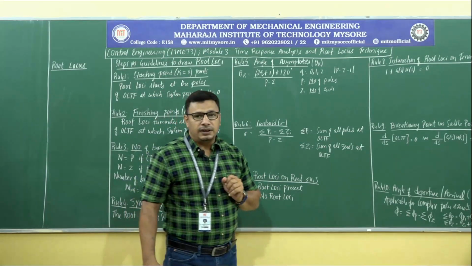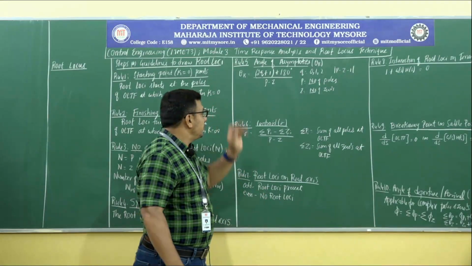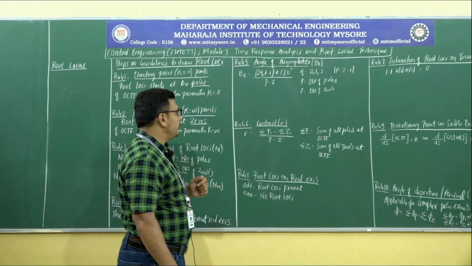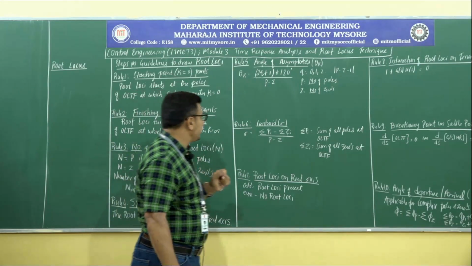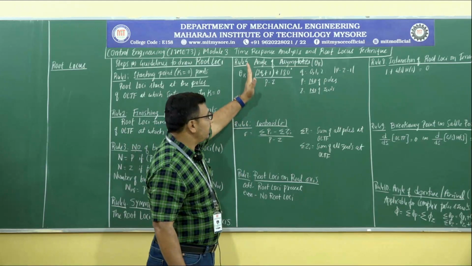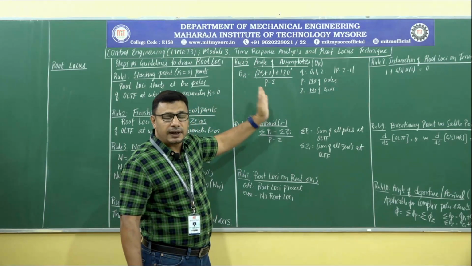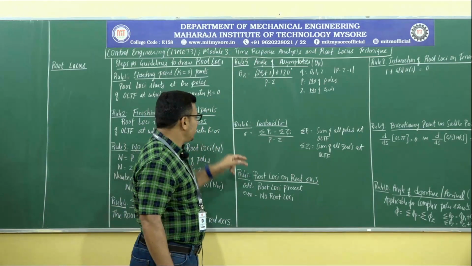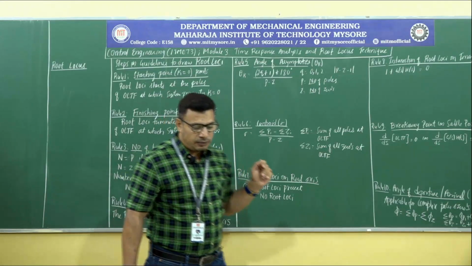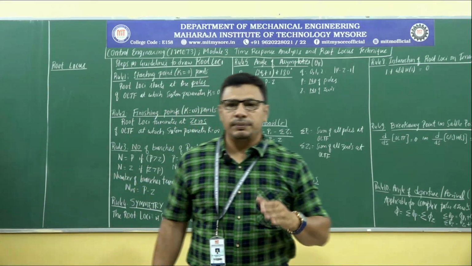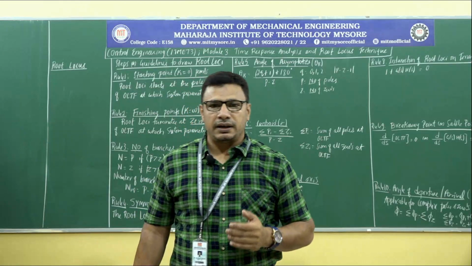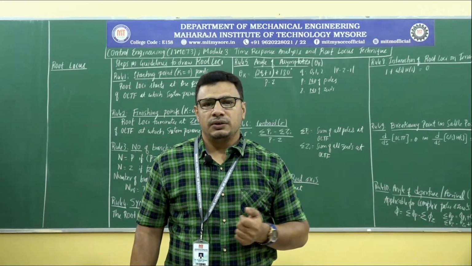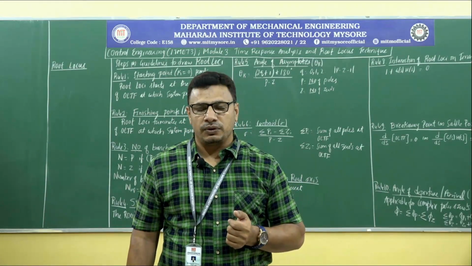Illustration, you can find it very easy to understand with the help of a problem, which we will be switching over to very soon. Then thereby we will get several asymptotic straight lines and their angles. Then rule number 6: asymptotic straight lines, no doubt, will be moving at different angles, guiding the root locus, the branches of root loci.